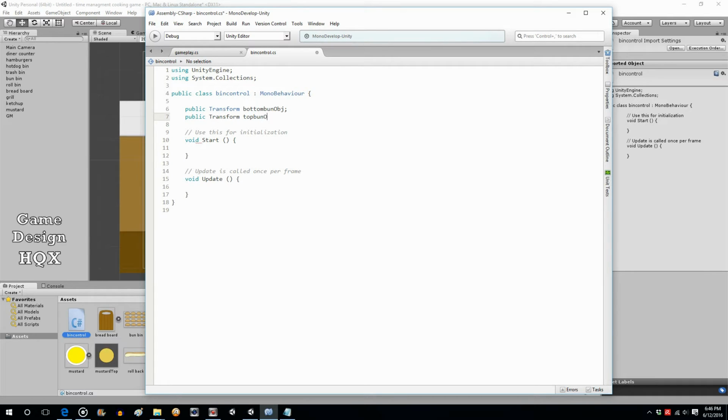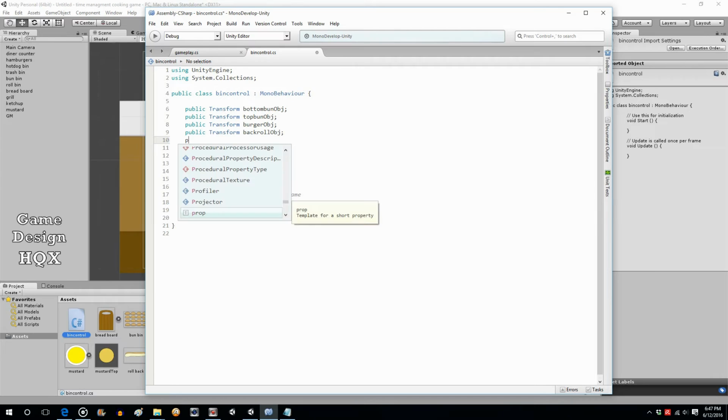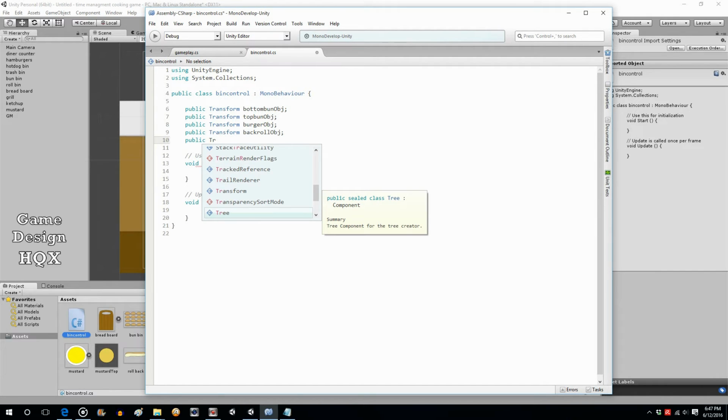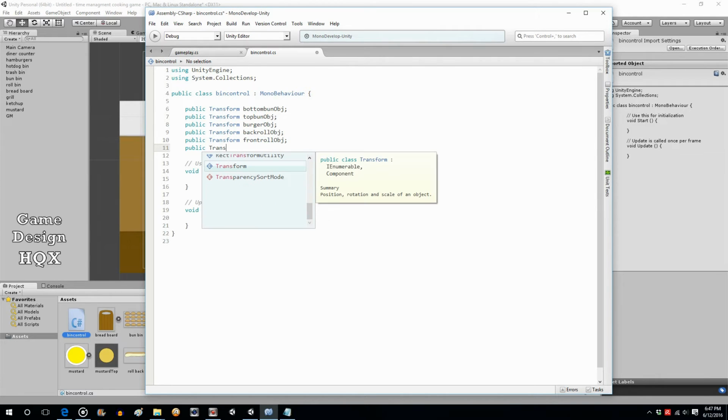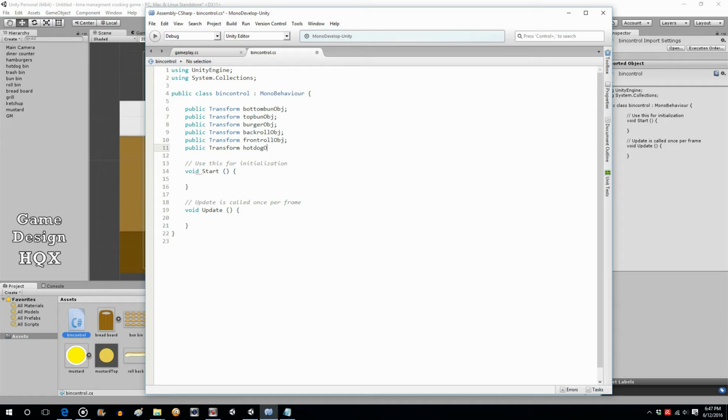top bun OBJ, public transform, so it'd be, just call it burger OBJ, public transform back roll OBJ, so the back half of the hot dog roll, public transform front roll OBJ, public transform hot dog OBJ. Now, just as we were able to attach the script to all of them at the same